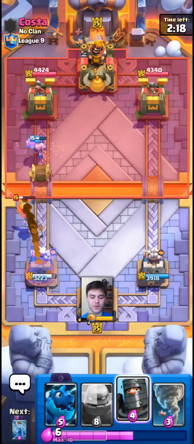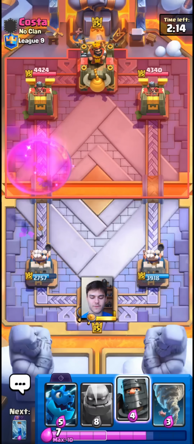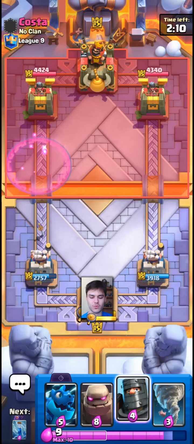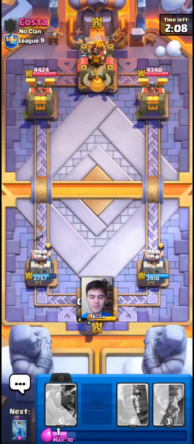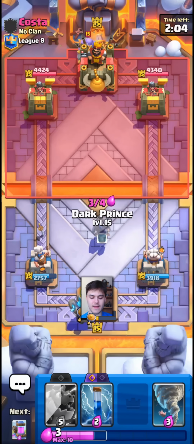Some even were indirect, like for example, the Pekka getting a nerf is really good for Golem, obviously, and also Fisherman getting a nerf is pretty good too because, you know, Fisherman is just such a cheap counter to Golem. So now that that's not a thing anymore, that should be very helpful for Golem players. Another great thing is that even the...